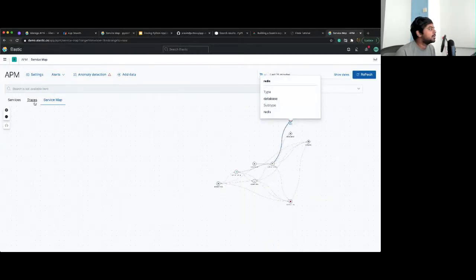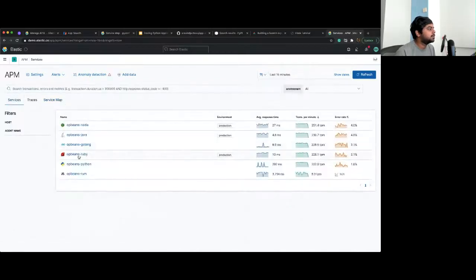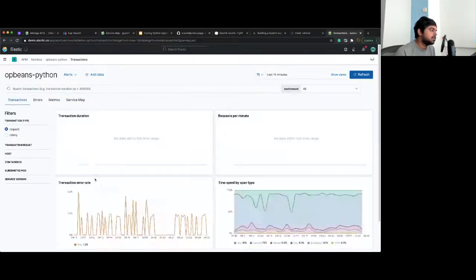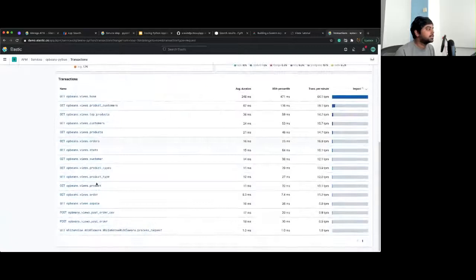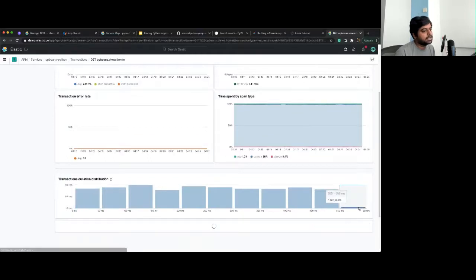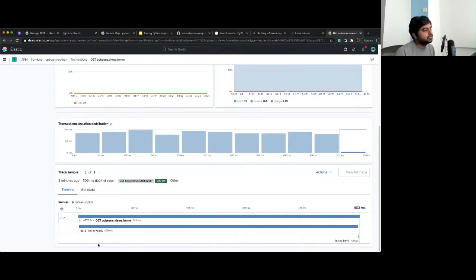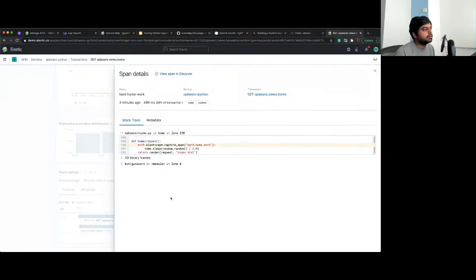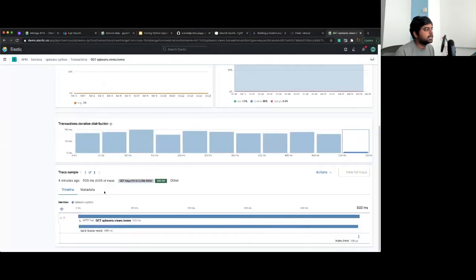I'll show you some more traces. Actually, there's something called trace logging as well. People do trace logging, so you could also log traces. You see this is a Django based product, and you have multiple stuff here. You see there are multiple requests coming in, and you can take the request that is taking a lot of time to show up, and then you can see what is wrong with that particular span.